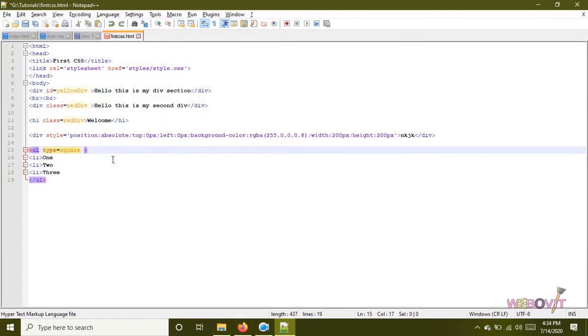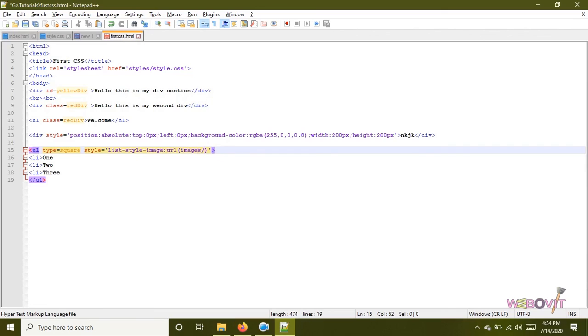Okay, so I will give the style for the unordered list. list-style-image is the property for giving styles for the bullets. Okay, list-style-image, and then you have to write the URL and give the complete path of the image.